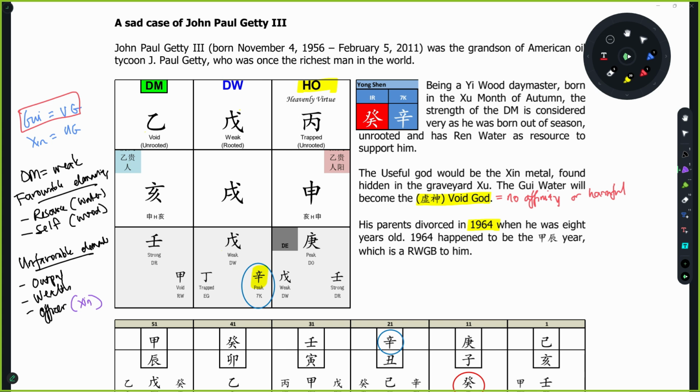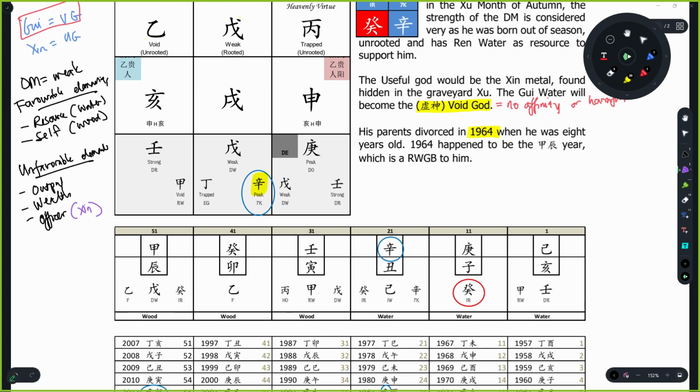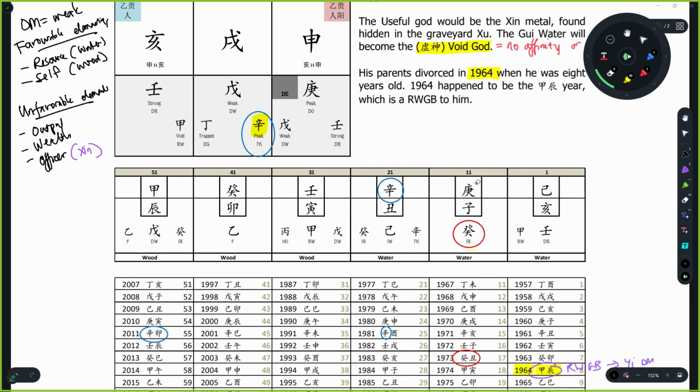All right, so therefore we can consider what happened to the person. When we look into the luck pillars, we see that the first three luck pillars are essentially water luck pillars. Now, water would be favorable. We can find that water is favorable because this is a weak day master and it may see it. But unfortunately for this day master, that would be too simplified to observe. We'll see that in the crossover to the luck pillar at 11 will be the rat, which carries the Gui water. So the arrival of the Gui water,